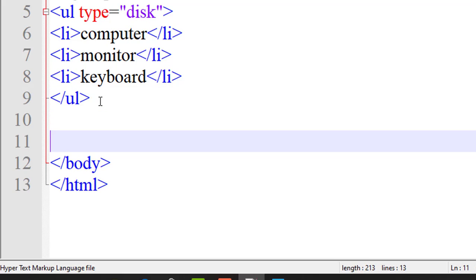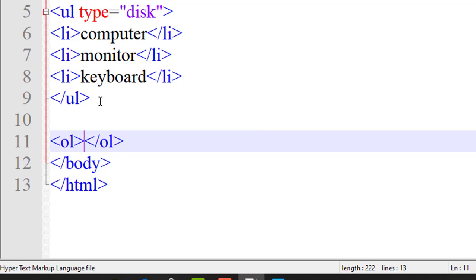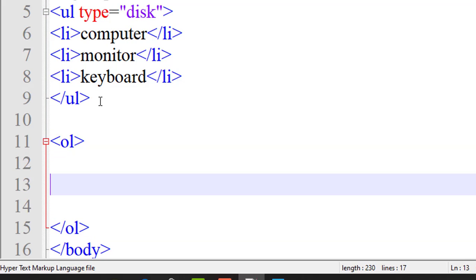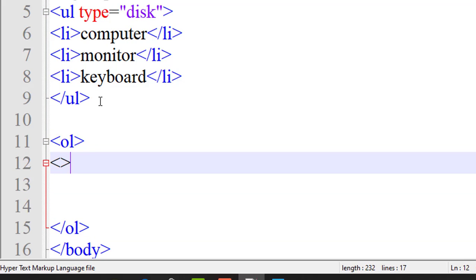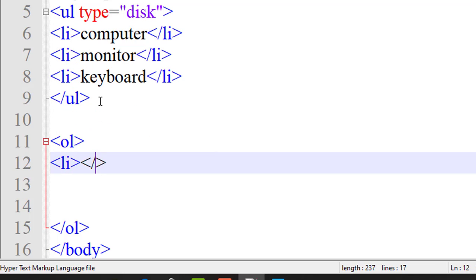But if I want the ABC manner or the 1 2 3 manner, then I will create the ordered list. For that I will write ol and then backslash ol. In the ordered list I have to create the list now. So list form.